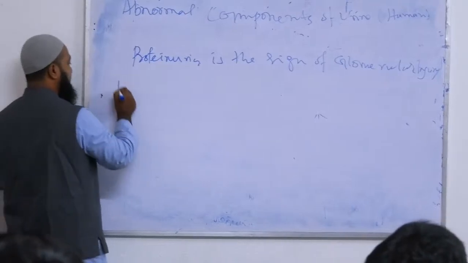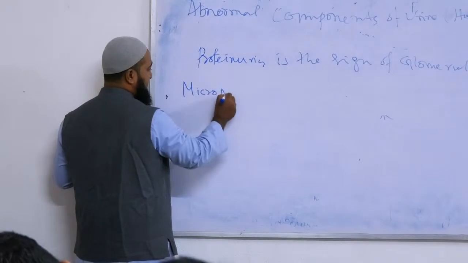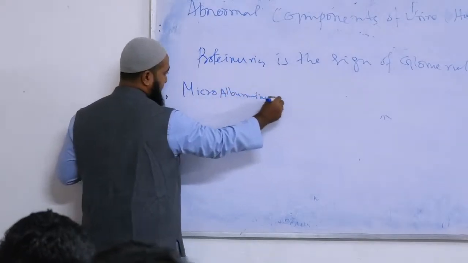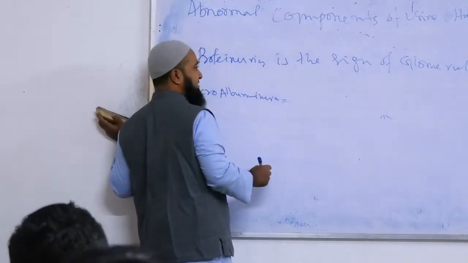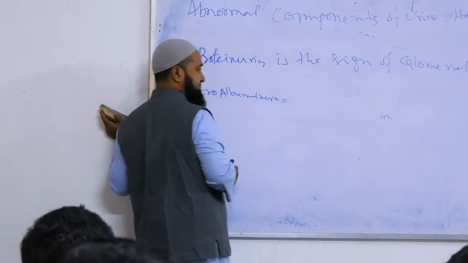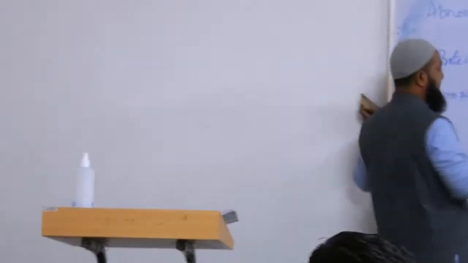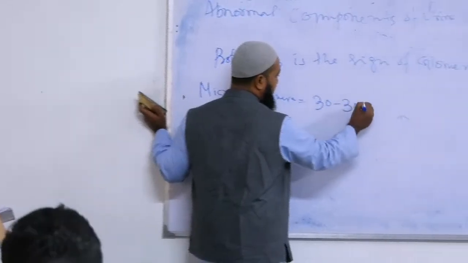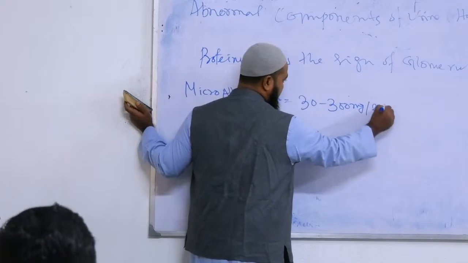Microalbuminuria is not detected in the normal test, like heat coagulation test or dipstick test, when the albumin level is 30 to 300 milligram per 24 hours